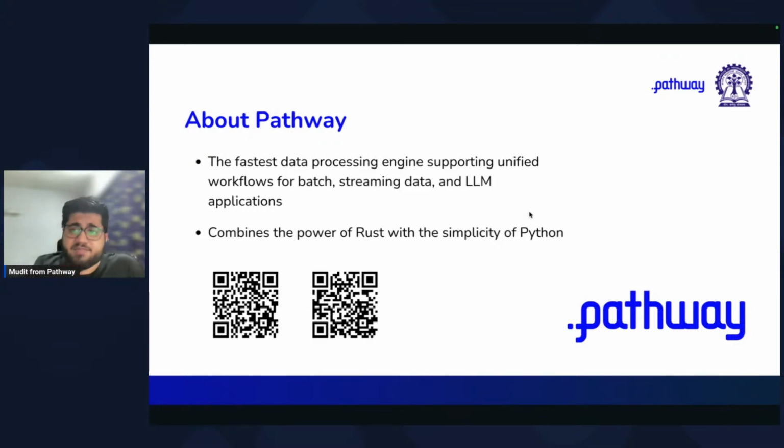But the good thing is that for using Pathway, you don't need to know Rust. You can use Python. So essentially, awesome, good to know that this is better. While Pathway is built in Rust, it's exposed by Python. Why? Because Python offers a much larger community and much better ecosystem compatibility. And as a developer or as a data scientist, you can use the same framework for all three applications: batch, streaming and LLM use cases. So you don't need to learn additional tech or additional languages for it.